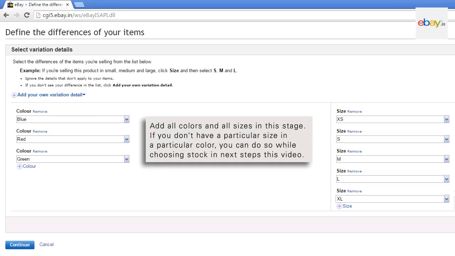Add all colors and all sizes in this stage. If you don't have a particular size in a particular color, you can do so while choosing stock in the next steps in this video.